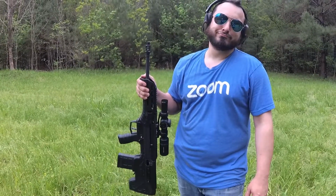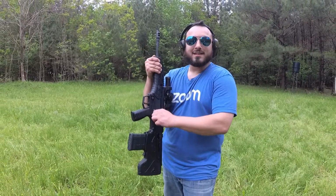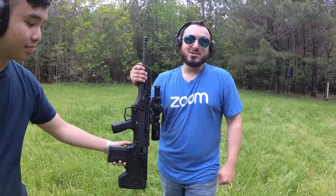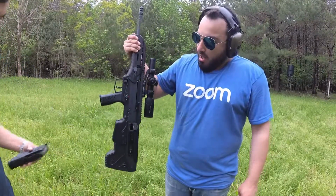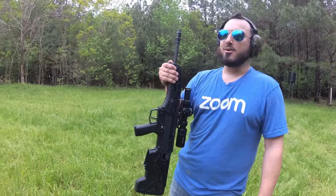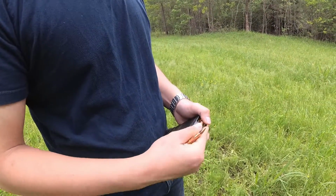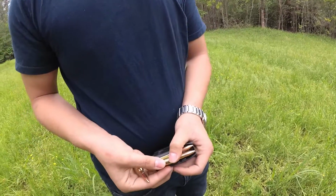Put it on safety and hand it to him. Now the gun is safe, because I put it on the safe switch, so I can do anything with it. He took the magazine out. That's unsafe. You should never touch a gun that somebody else is touching. That's gun safety rule number